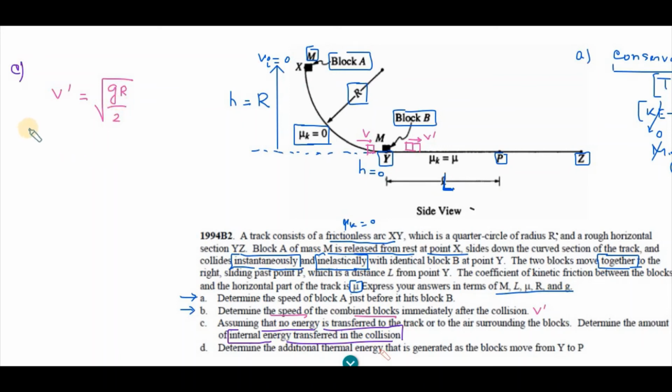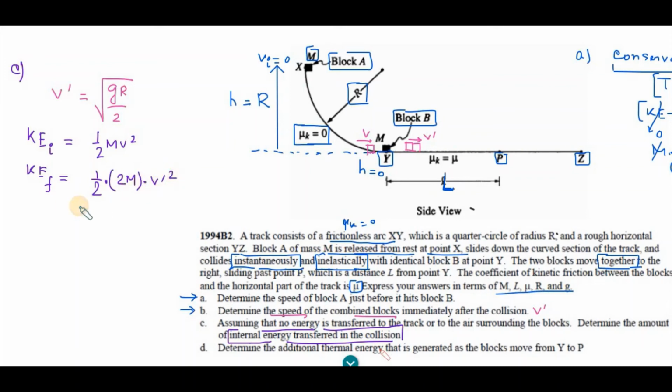Now we can define the kinetic energy before the collision. Kinetic energy initial is half into m into v square, for block A, and kinetic energy final, meaning after the collision, is the total kinetic energy of the system. So that is half into the mass of the system. Presently two blocks are moving together, so the total mass of the system is m plus m, which is 2m, times